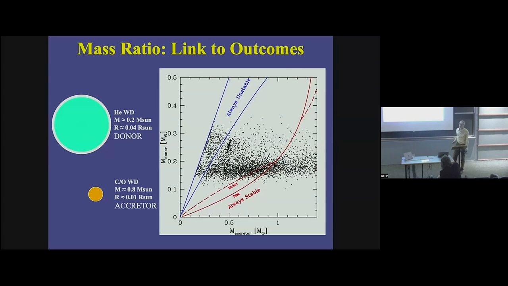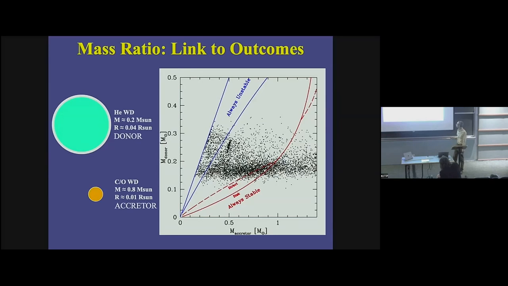Because we don't measure the mass of the secondary in most cases, these dots represent Monte Carlo draws from our clean sample, given the measurements, the errors, and any inclination constraint we have on that object. In some cases, we have eclipses or ellipsoidal variation, giving some inclination constraints. The solid lines here come from Tom Marsh's 2004 work. So the blue lines and the red lines are the mass